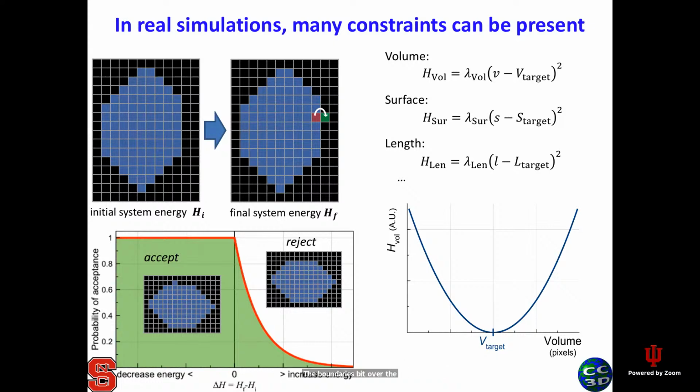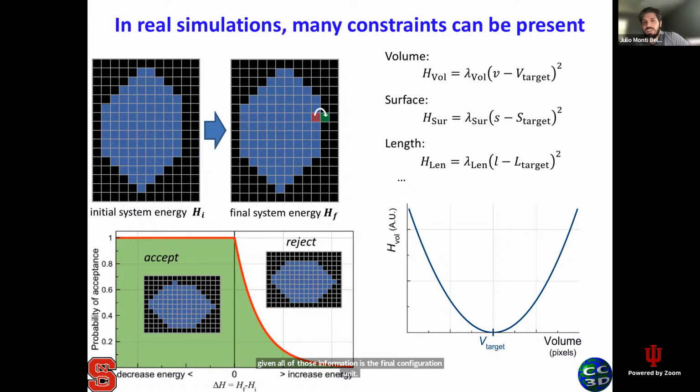Okay. And I have one more question. So given an initial configuration, you have the V target, S target, L target, the small l, small s, and small v. Given all of that information, is the final configuration unique? No, I don't think it is. Usually no, because